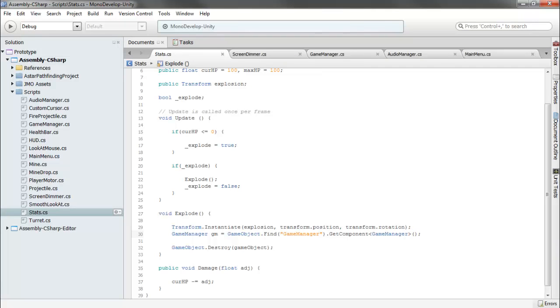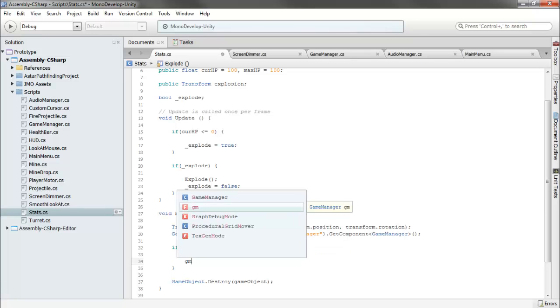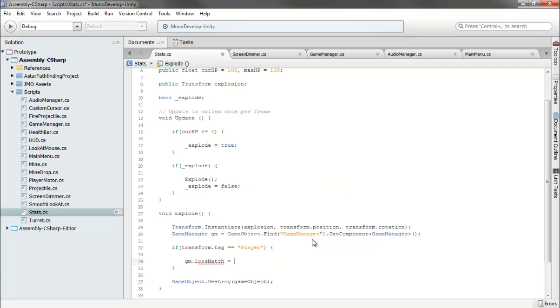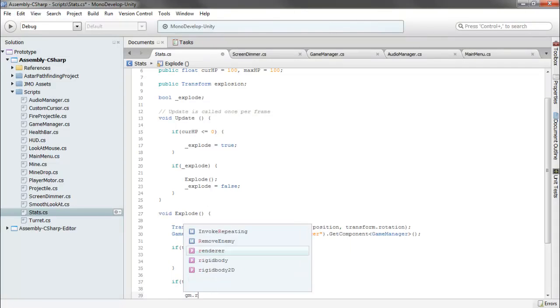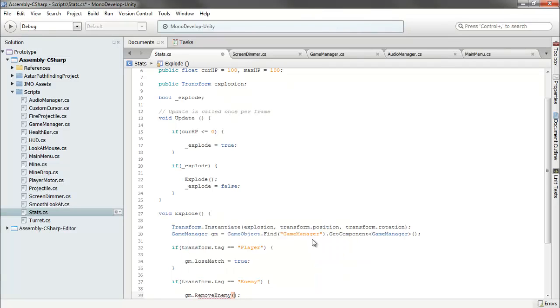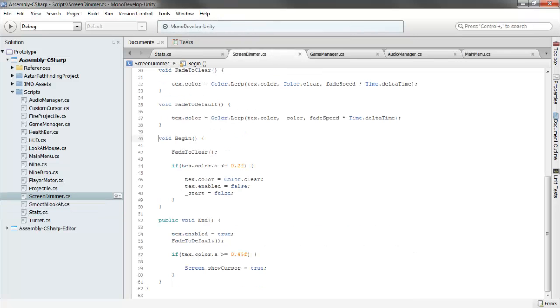and then we'll say if transform dot tag is equal to player, then we'll say GM dot lose match is equal to true, and if our transform dot tag is equal to enemy, we'll say GM dot remove enemy, and then our transform. And so we'll go back into our screen dimmer now,